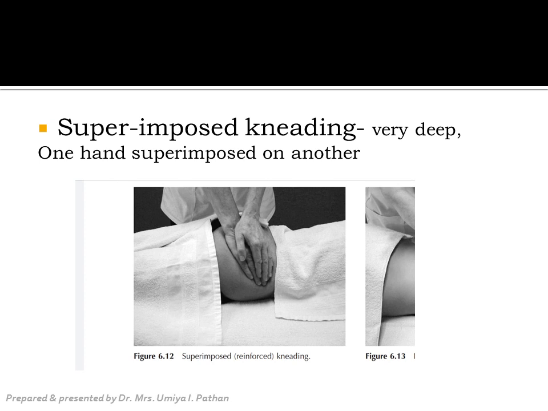Moving toward the last part, the last type is superimposed kneading. This type of kneading can be very deep and is usually performed when greater depth is required. The contact hand is rested fully on the part. The superimposed hand rests on top of it, either obliquely across when working on the opposite side of the body, or palm over fingers, like shown in the figures.